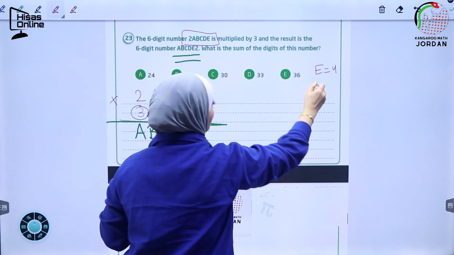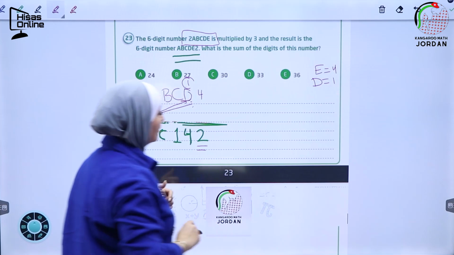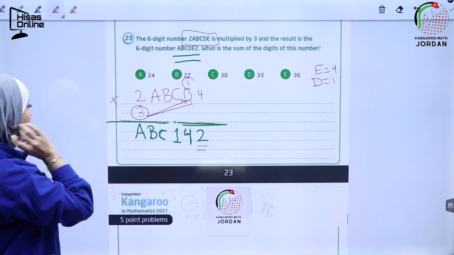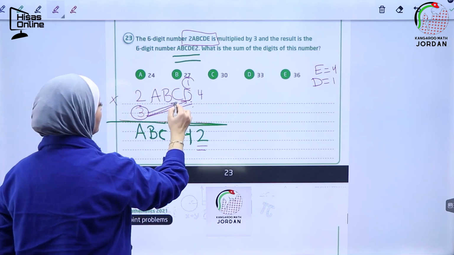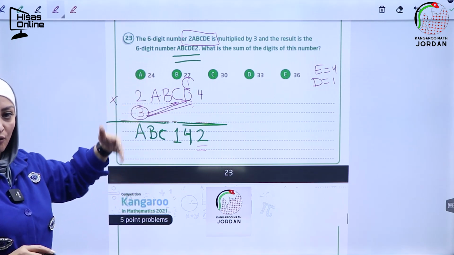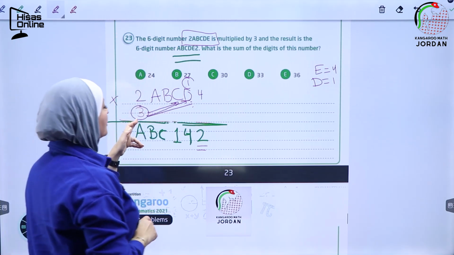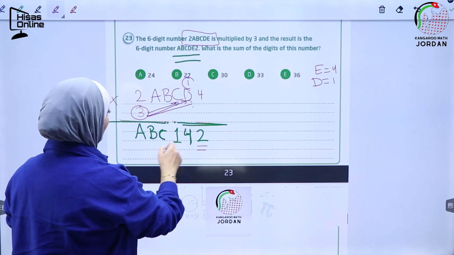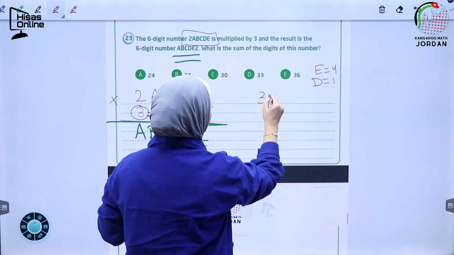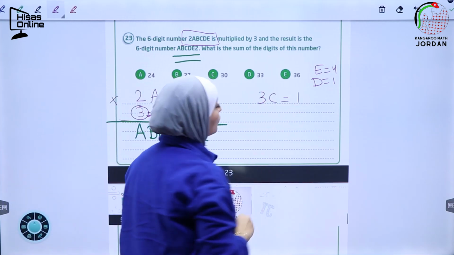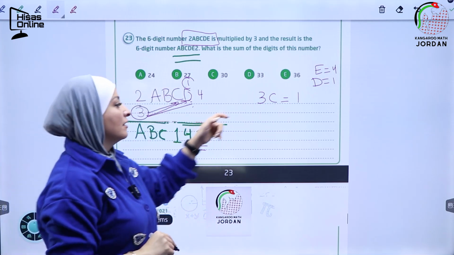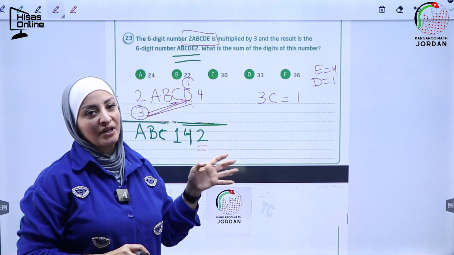And here we go. D equals 1. Good. Let's continue the same way. 3 times C. As you see, we have no remaining or no regrouping part. So 3 times C equals 1. 3C equals 1. For sure, 3 times anything doesn't make 1,